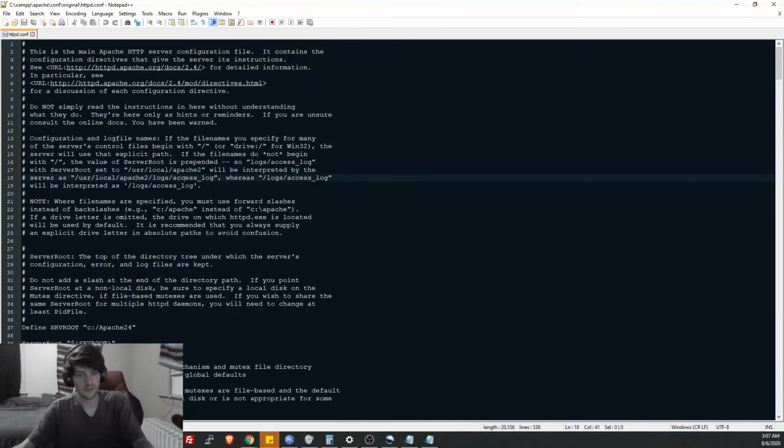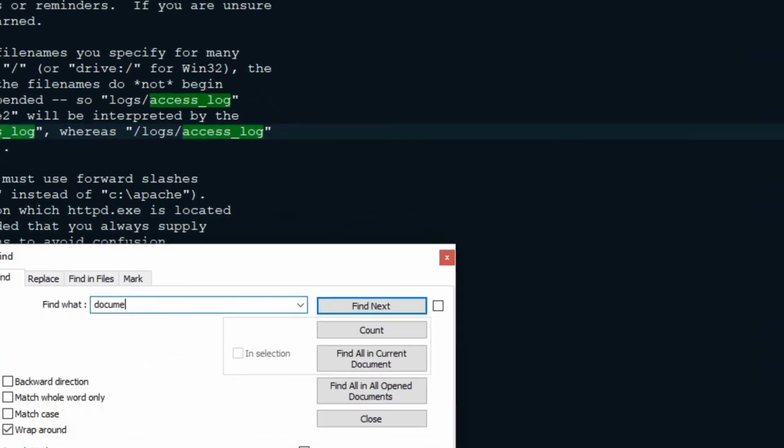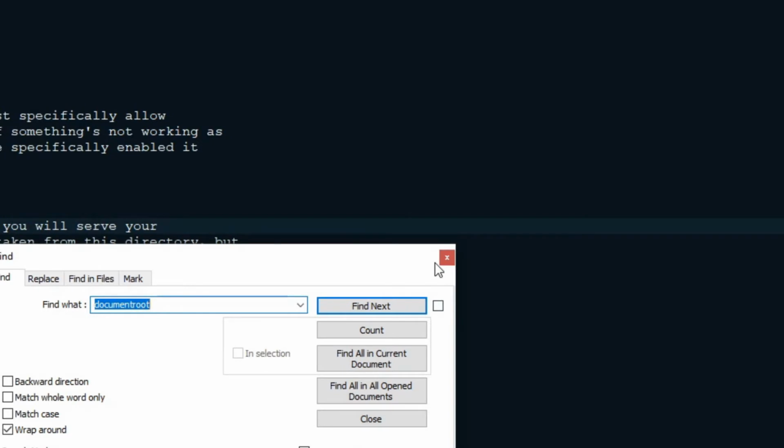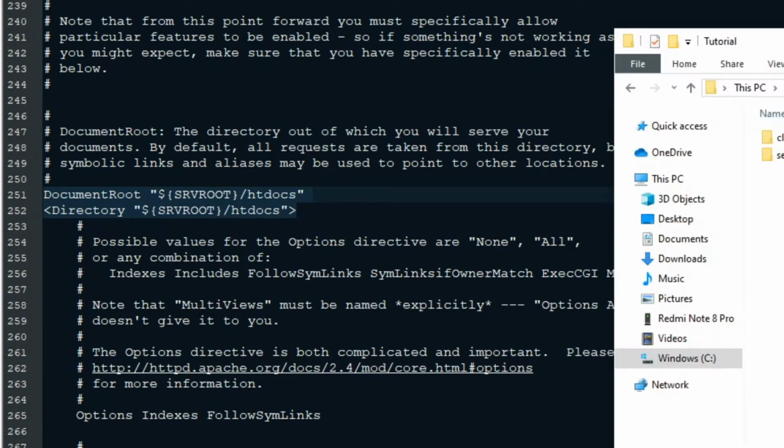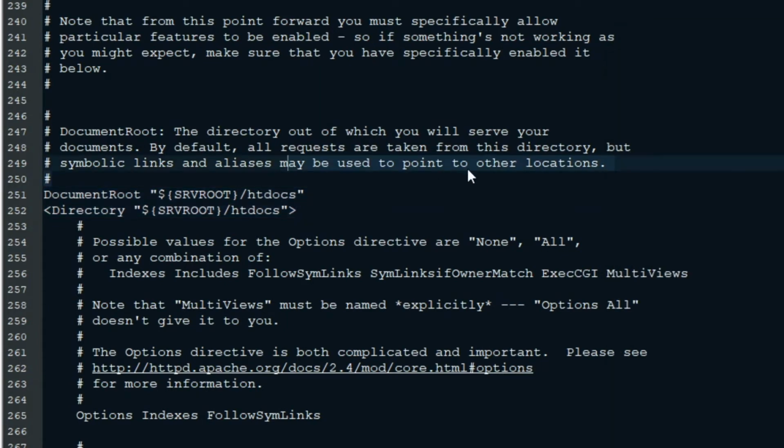Hold Control and hit F to open up the find and search document root. Now this little portion right here, you're going to want to edit that with the location of where your client and server are. So I'll just hit this top bar, hit Control C to copy it, and then inside the